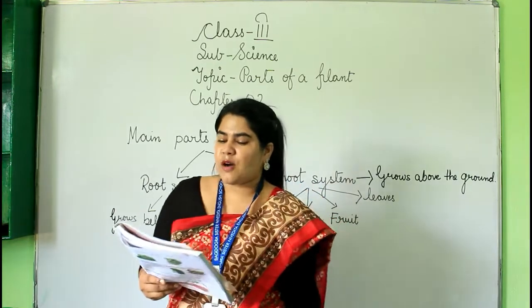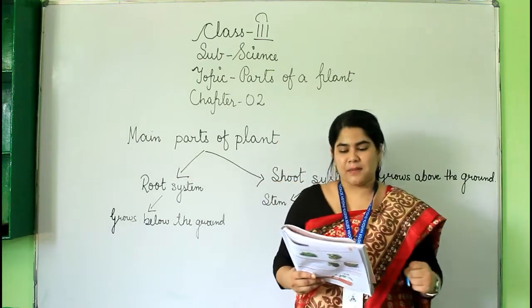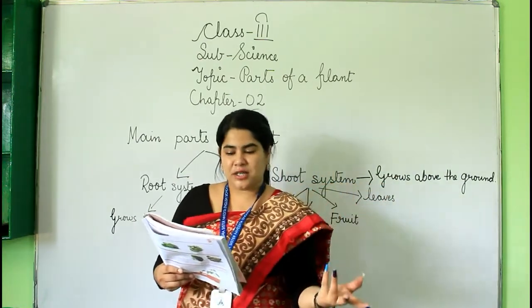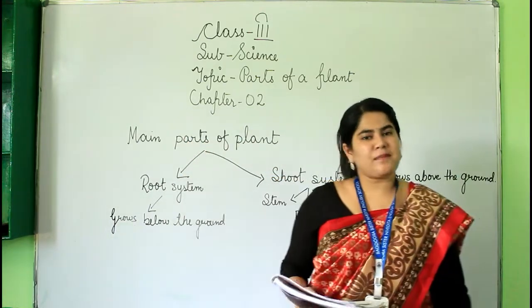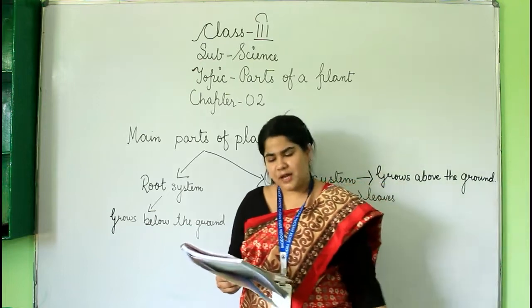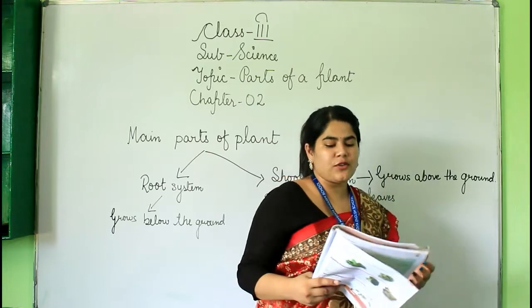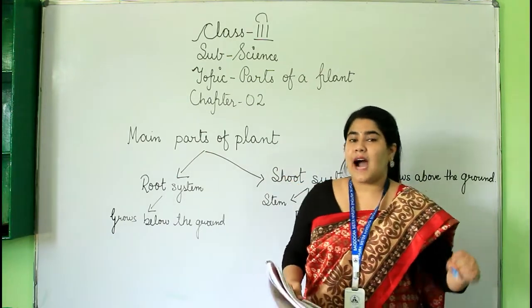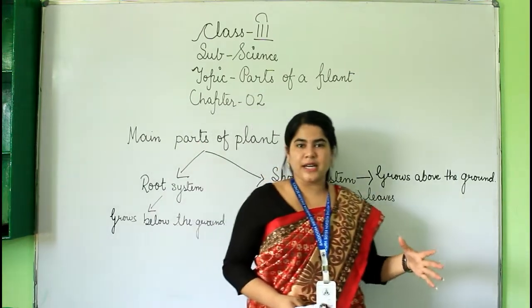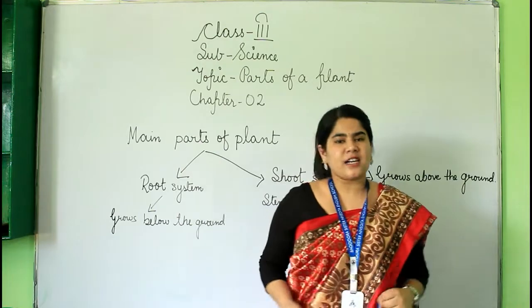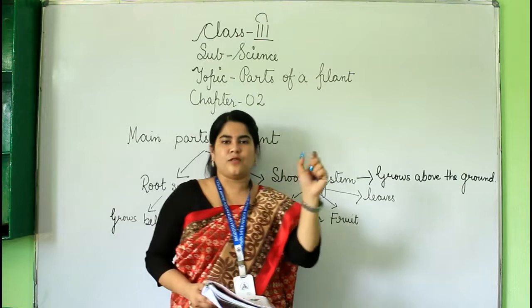Now, stems of some plants store food and are eaten as vegetables, like potato, ginger, sugarcane are some examples. Stems can be soft, hard or weak also. Trees such as mango and coconut trees have thick and hard stem and they are called trunk. Have you seen the mango tree or the coconut tree? Their stem is very large and thick and very strong, that is called trunk. So, underline the word trunk.